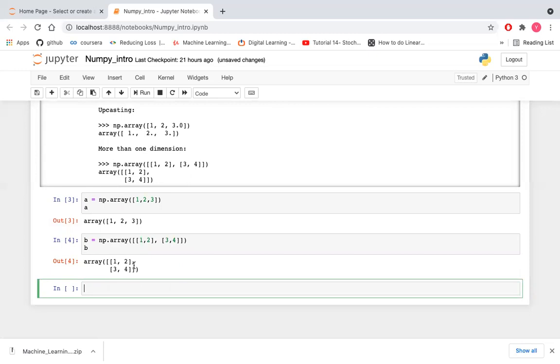This is a two-dimensional array. There are two square brackets. There are two rows and two columns available in this particular two-dimensional array.